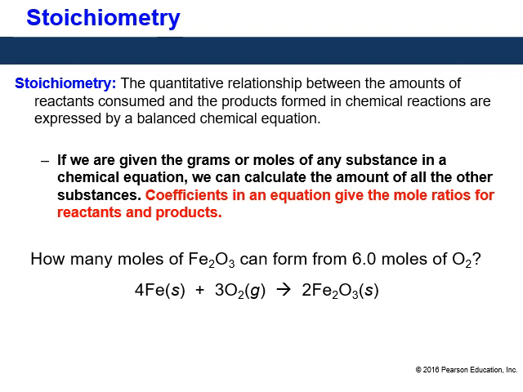and I ask you how many moles of iron oxide can be formed from 6 moles of oxygen. So we have 6.0 moles of this, and the question is asking how many moles of the other compound can be made. Or it could ask, if I have 6 moles of this, how many moles of iron would